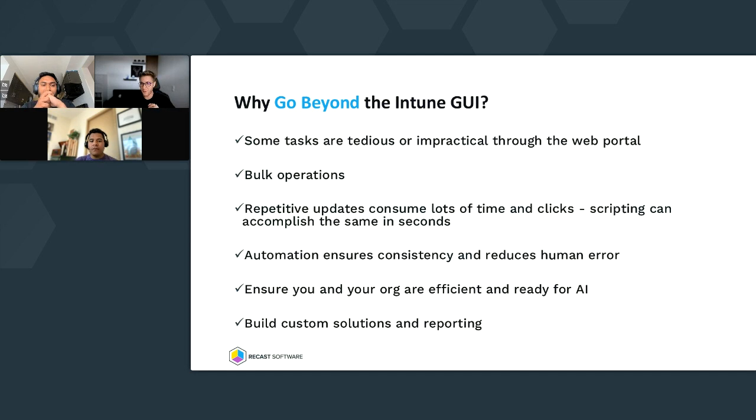In the end, we have everything. We can click through all the options. Everything is in one portal. What's the need? Why do I want to do this? We have some tasks in the Intune portal which could be very time consuming. Very time consuming means if you want to change a lot of objects, or if you, for example, want to build reports which are not already in the portal,